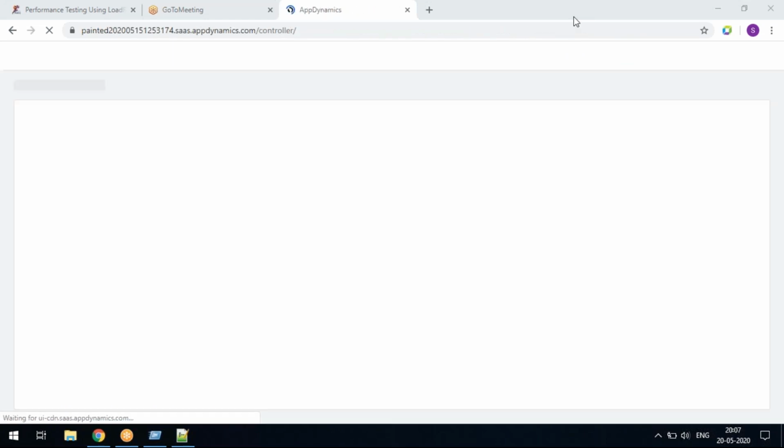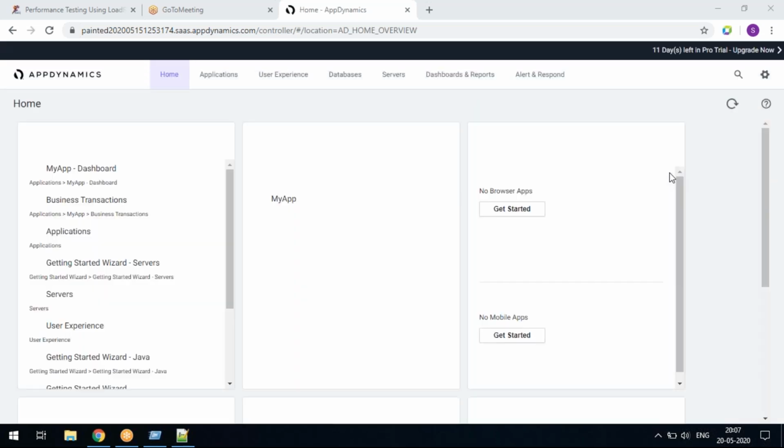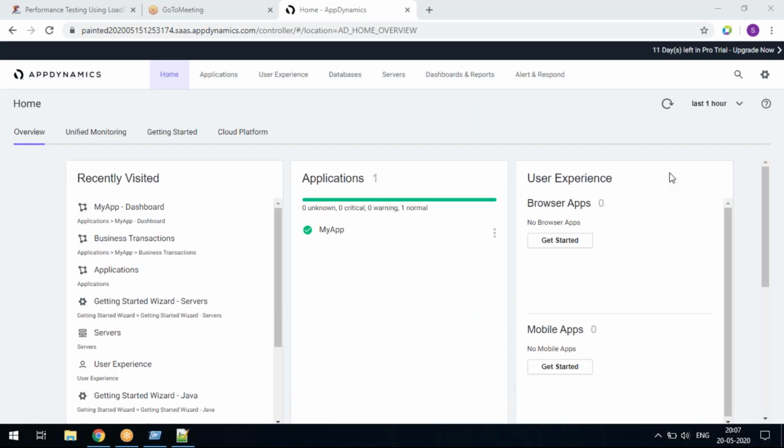Guys, if you face any queries during this explanation, please feel free to ask all your queries. You can stop me at any point of time and ask, because this is very important. I think in the last class Imanshu was asking a question, how is that happening in App Dynamics. That is what I'm going to show you, Imanshu.